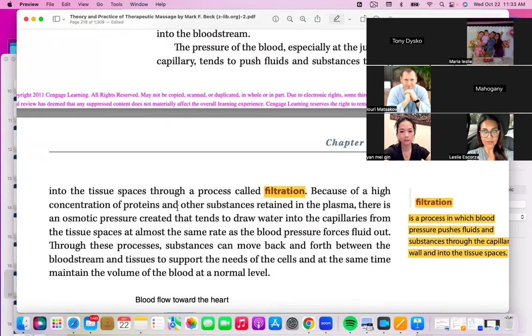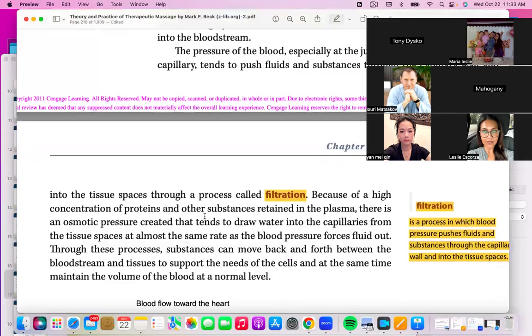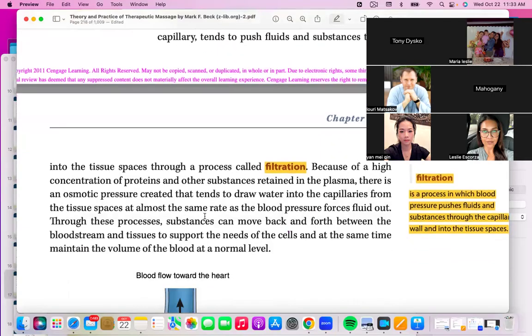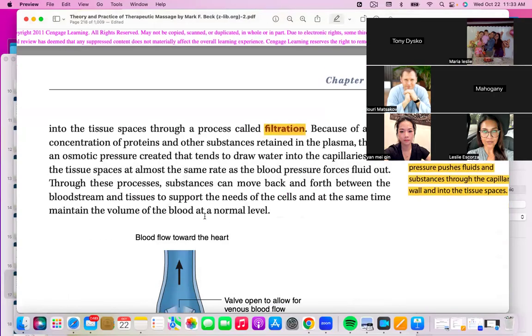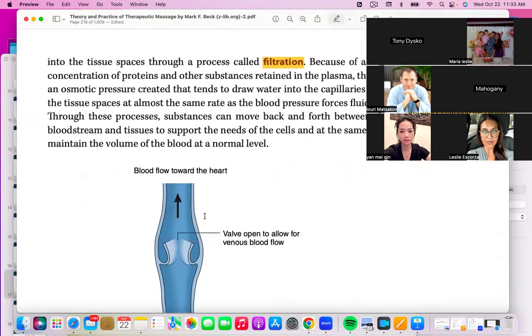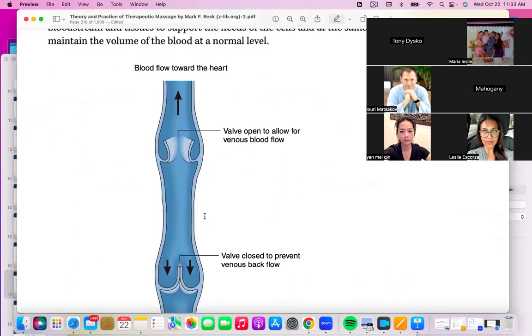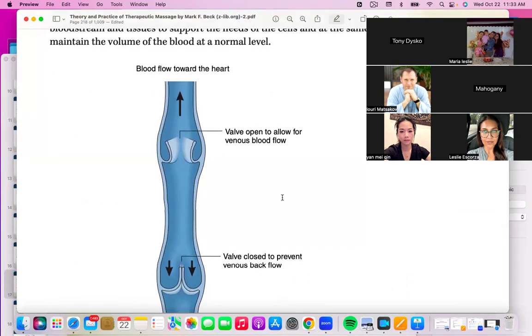Now, because of the higher concentration of protein and other substances in the plasma, there is osmotic pressure created that tends to draw water into the capillaries from the tissue spaces at the same rate as the blood pressure pushes it out. Okay, so let's not worry too much about that. Just understand the three things. I'll explain the third one in a second, but this is how the anatomy of